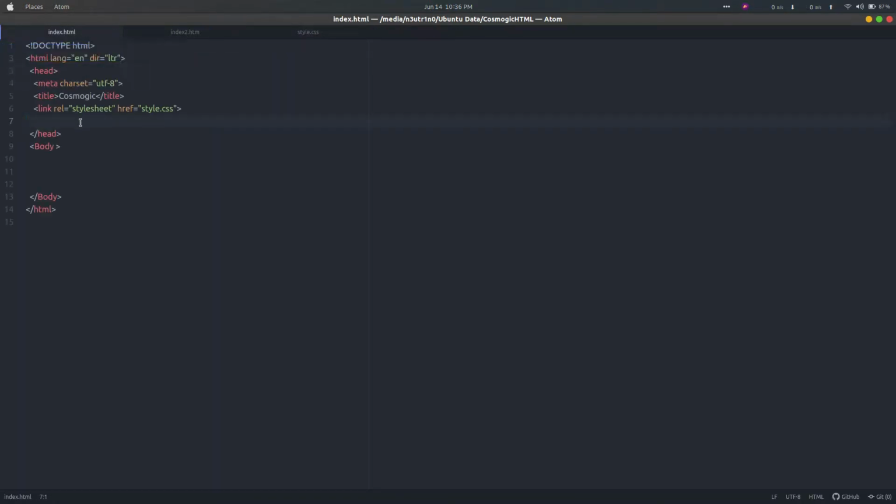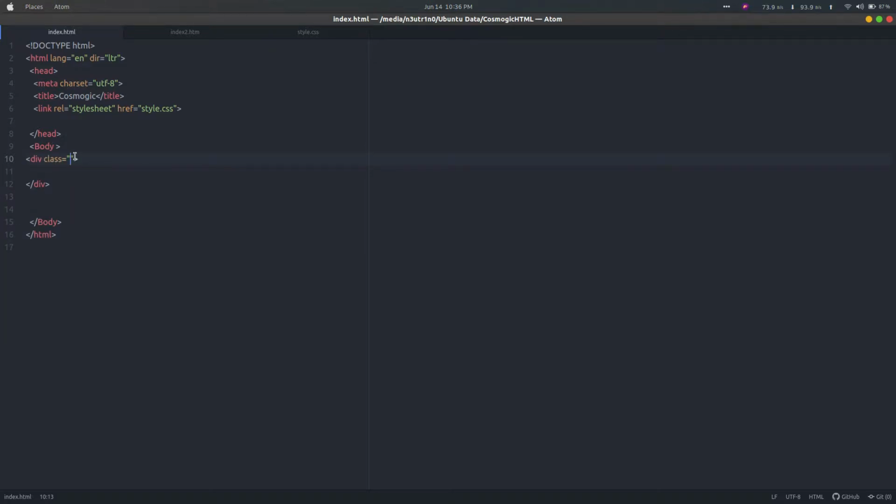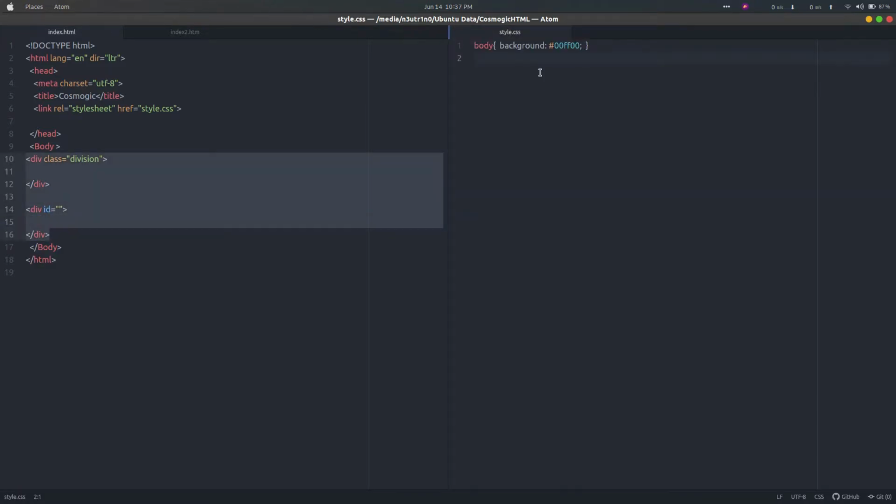Like if I create one div here, give it a class division, and create another div with the ID.